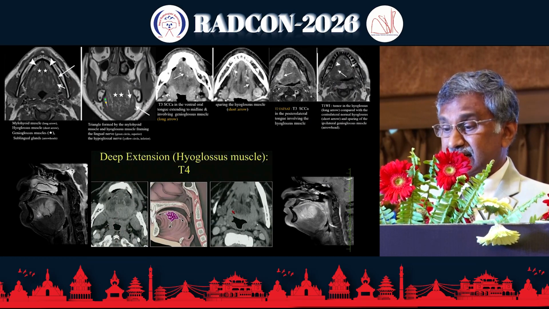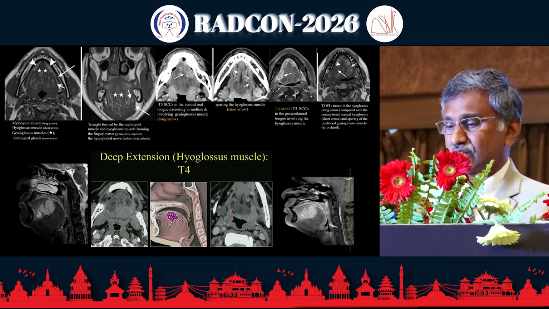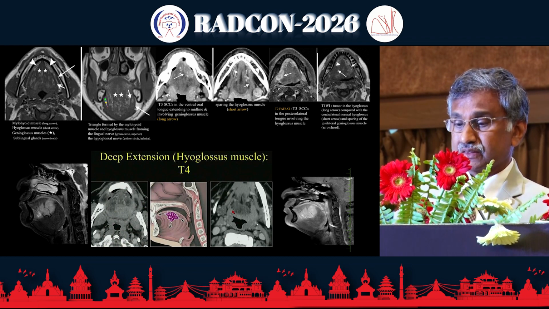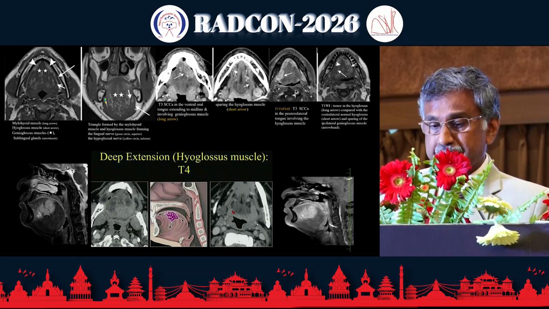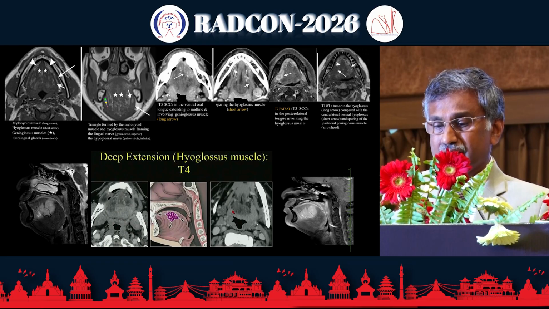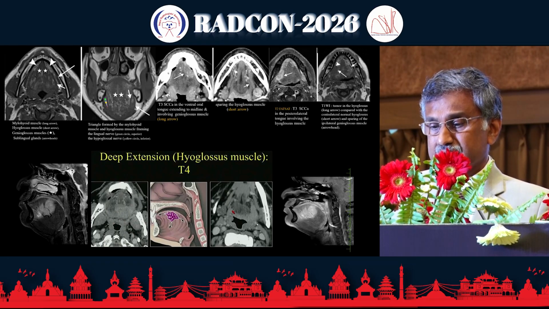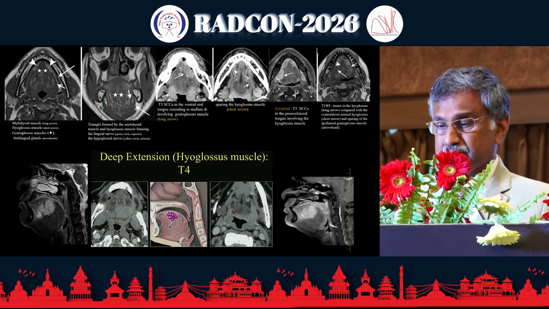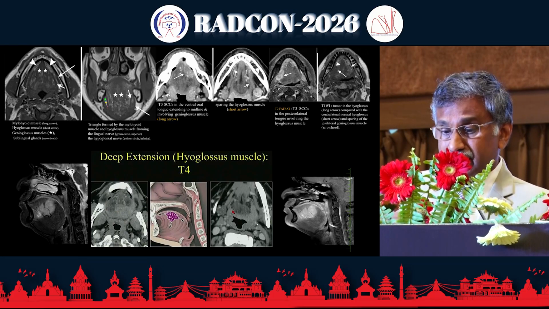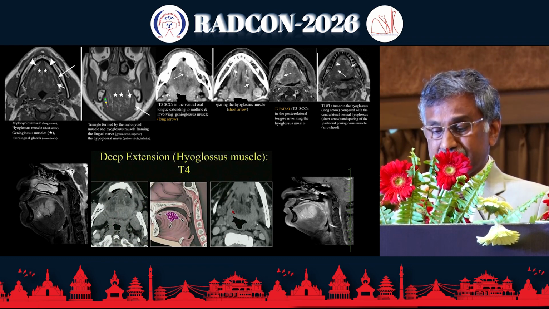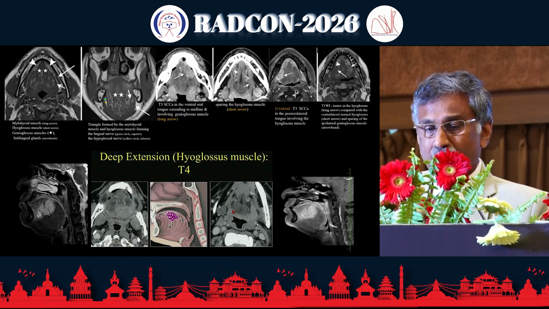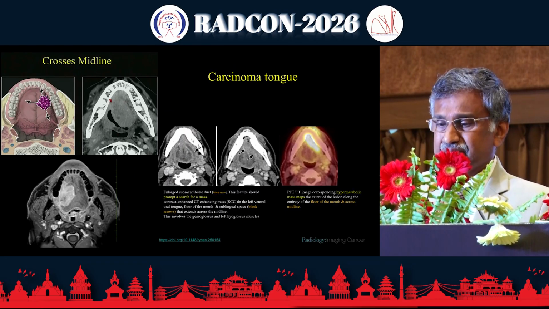This is a necrotic mass. Intrinsic muscle involvement can occur in adenoid cystic carcinoma, whereas a squamous cell carcinoma involves the surface and can infiltrate the deep muscles, and adenoid cystic goes the reverse way. Okay. Here is the muscle involvement of the tongue. If the lesion is in the anterior third, it involves the genioglossus muscle without involvement of the hyoglossus muscle, whereas in the posterior third there is usually hyoglossus muscle involvement without involvement of the genioglossus muscle. If we involve the entire areas, the deep muscle involvement, hyoglossus muscle involvement, it is very classical T4 involvement.